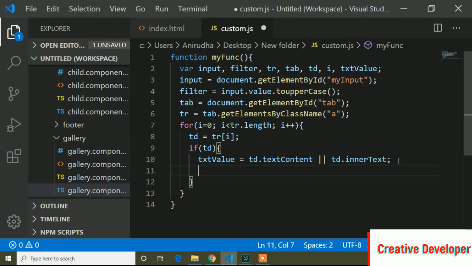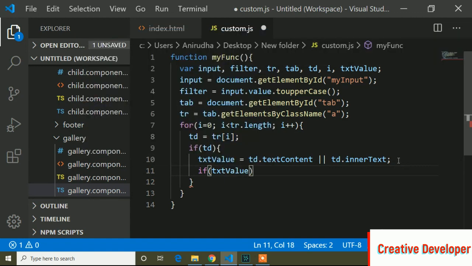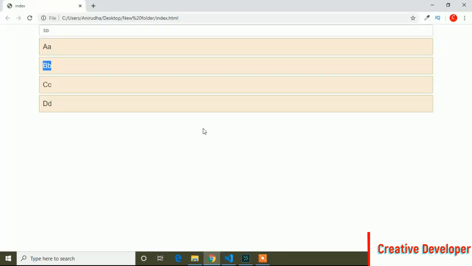And now here I will write another if condition, if textValue, that means this text value where I assigned the returned text, dot toUpperCase. So when it returns the text, suppose I have typed b, it will be converted to uppercase.